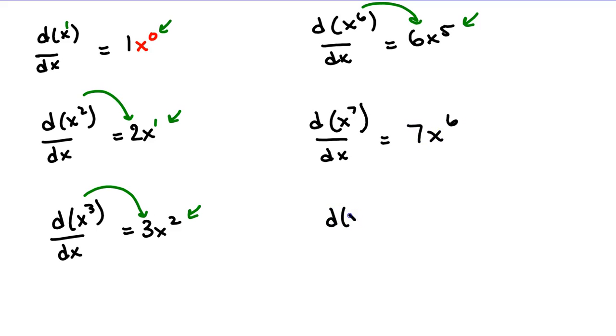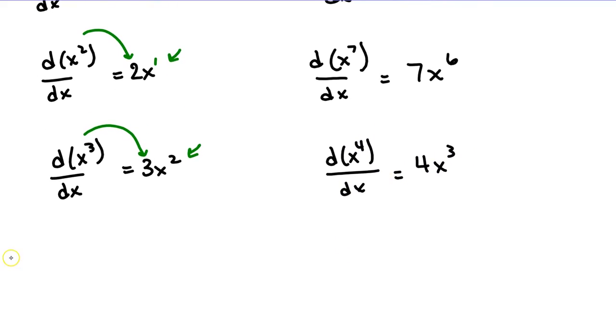The derivative of x to the fourth would be 4x cubed. And we're going to generalize that in the other video when you're taking notes. The derivative of x to the nth, okay, you have to bring down the n, and then you have to subtract 1 to get the new power, so that would be x to the n minus 1. So that's your basic power rule